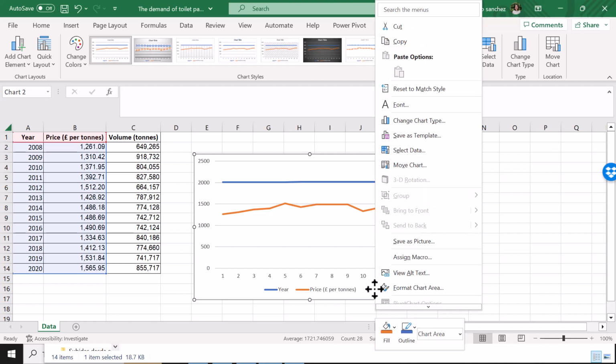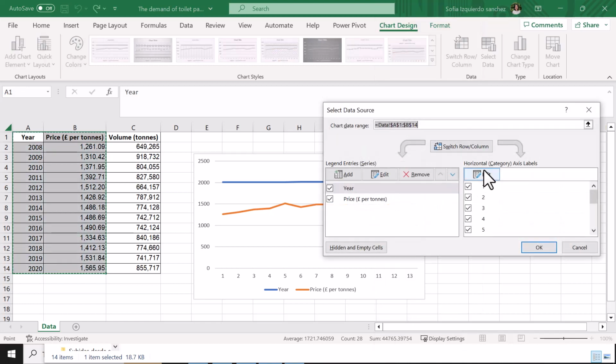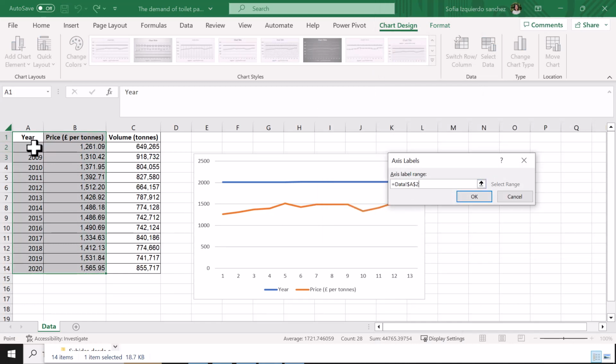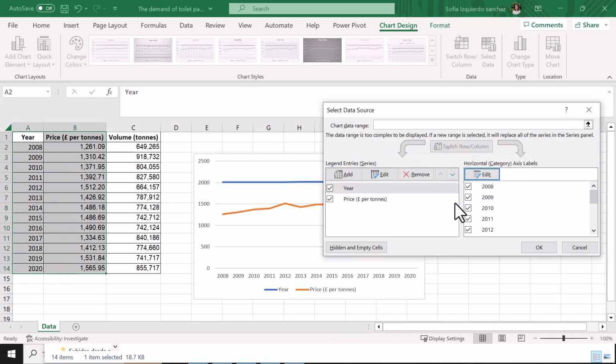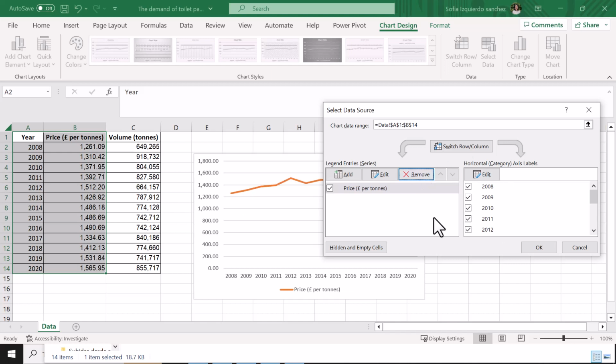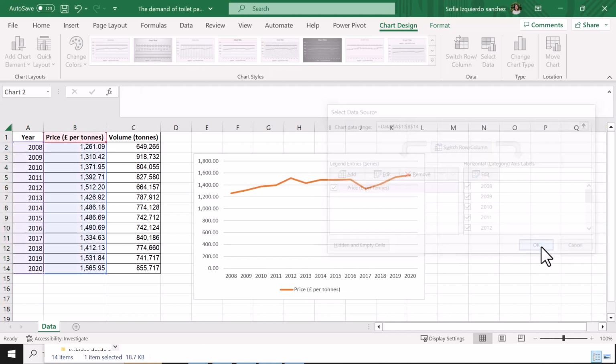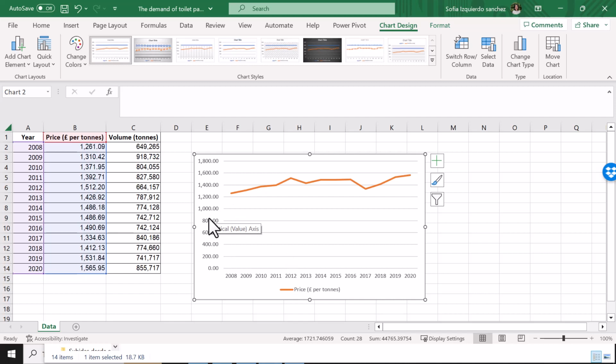So for this, you select the graph, right hand click, select data, and now in the horizontal axis, you want the years, and in the vertical axis, you want the price. So you have here price, you just need to select the year, which is the one that you don't want, and remove. And now we are gonna click OK,